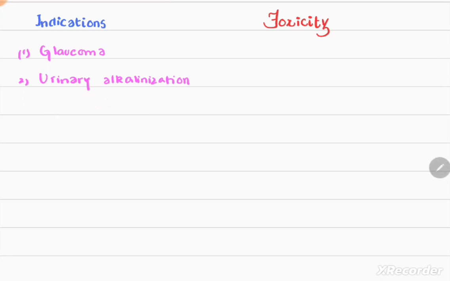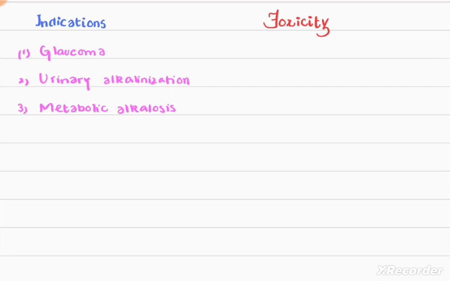So the third use is metabolic alkalosis. When the levels of the alkali in the body are high, we use carbonic anhydrase inhibitors to decrease the metabolic alkalosis. It is usually treated by the correction of abnormalities in the total body potassium, intravascular volume, and mineralocorticoid levels. However, when the alkalosis is due to excessive use of diuretics in the patients with heart failure, acetazolamide